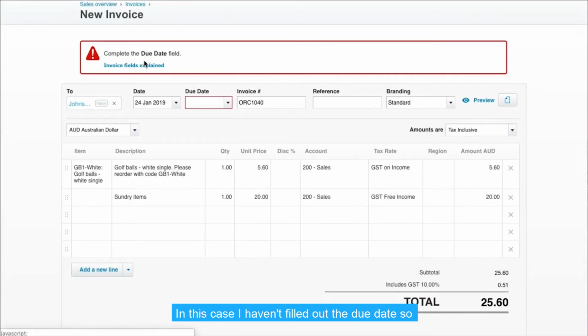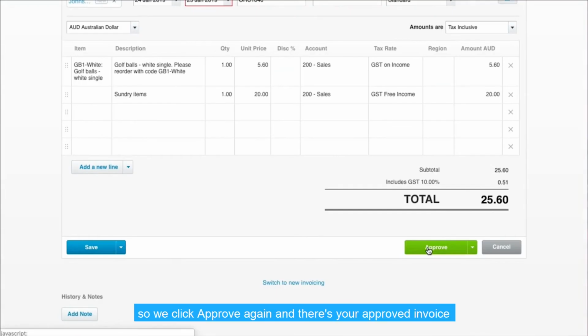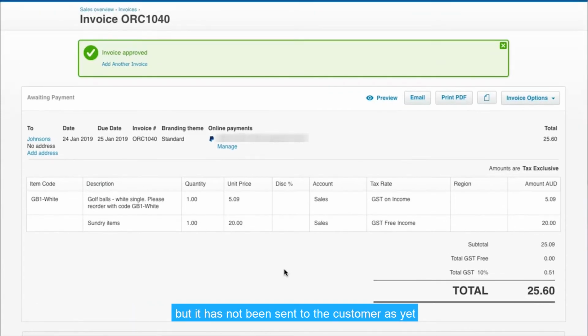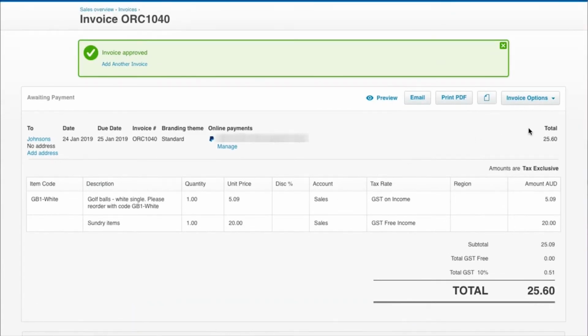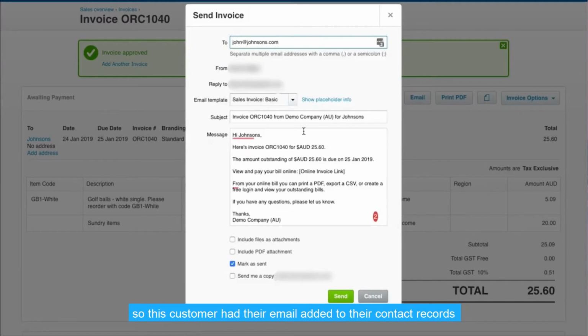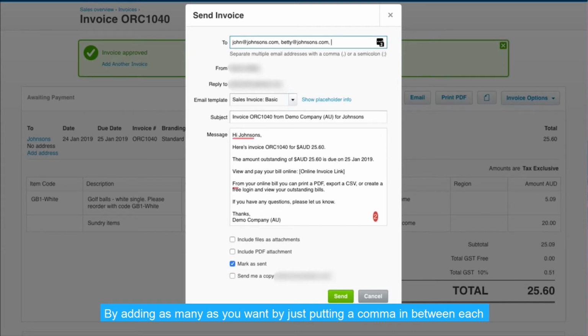In this case, I haven't filled out the due date, so it won't let you approve if you haven't filled out things properly. So we click approve again. And there's your approved invoice, but it has not been sent to the customer as yet. So at this point, you can email it direct to the customer. So if this customer had their email added to their contact records, the email address would automatically populate in here, but you do have the option to add another one and as many as you want by just putting a